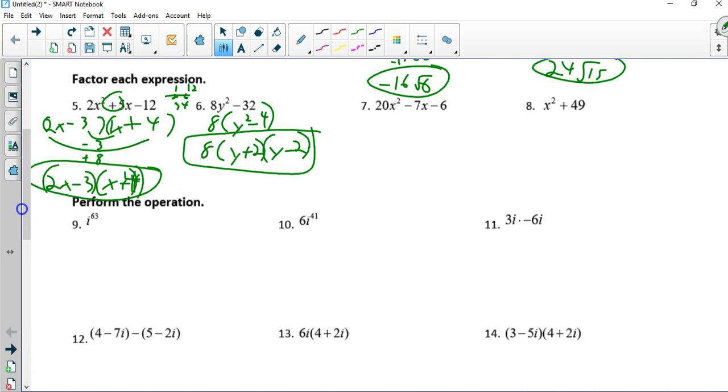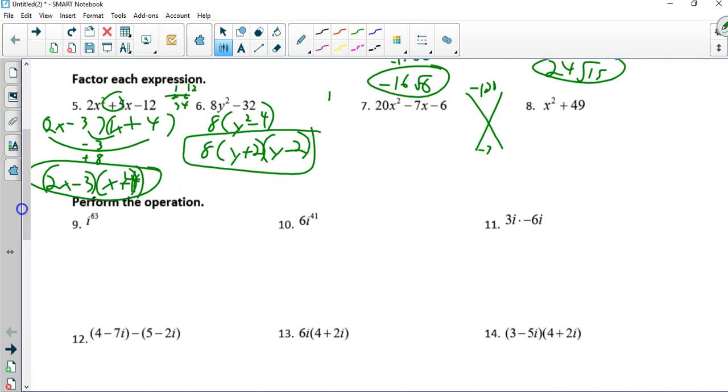Okay, number 7. Maybe use the ABC method on this one. Negative 6 times 20 is negative 120, and this is negative 7. So I want two numbers to multiply to give me negative 120 and differ by 7. Well, that's just taking your calculator and